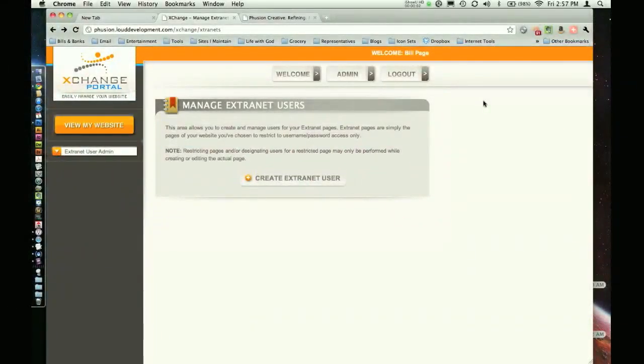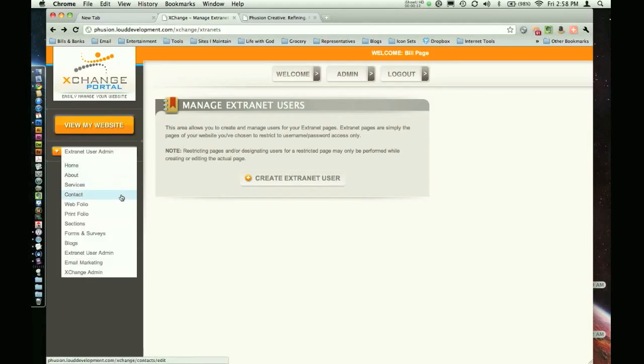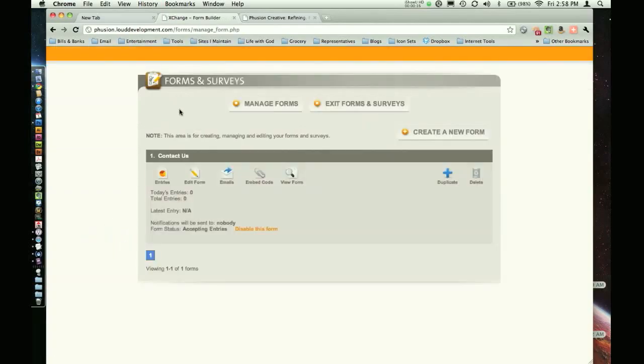Well, here we are once again. We're going to show you another great, easy feature that is just absolutely simple to create in Exchange, and we are basically going to show you how to do a form and a survey. Normally, whenever you create a form for a website, it can be pretty intense and lots of coding and lots of development on the back end, and it can get pretty complex. Well, we've made all of that very, very simple